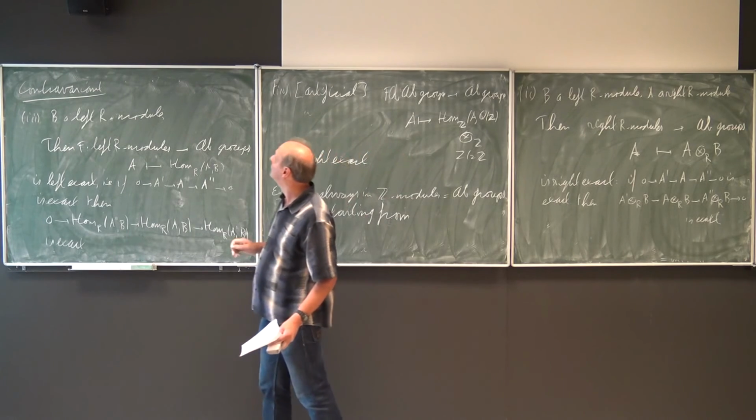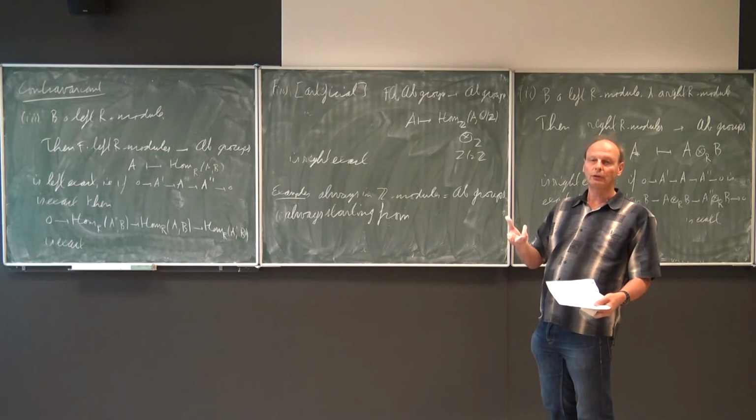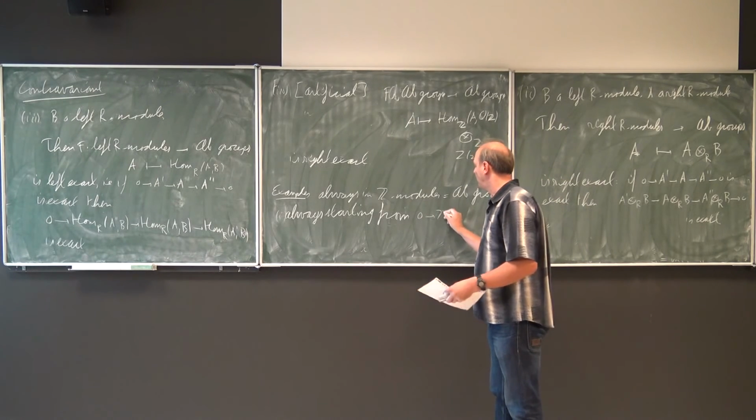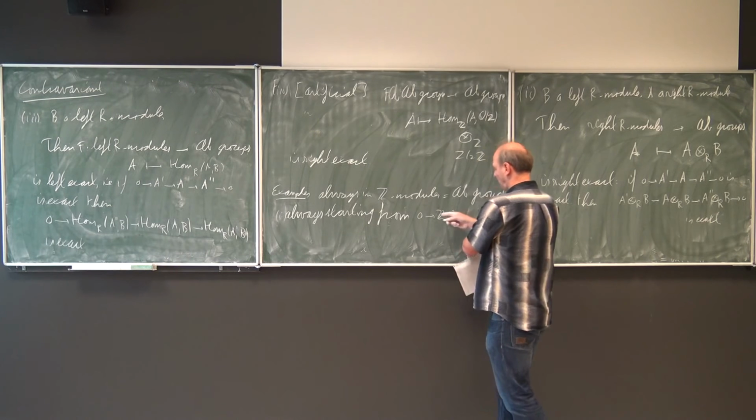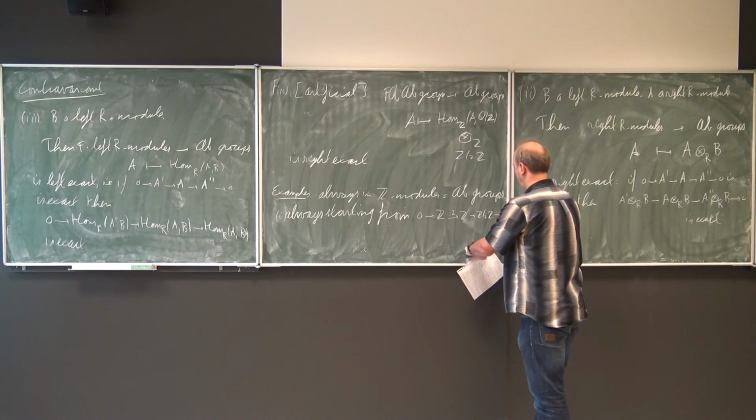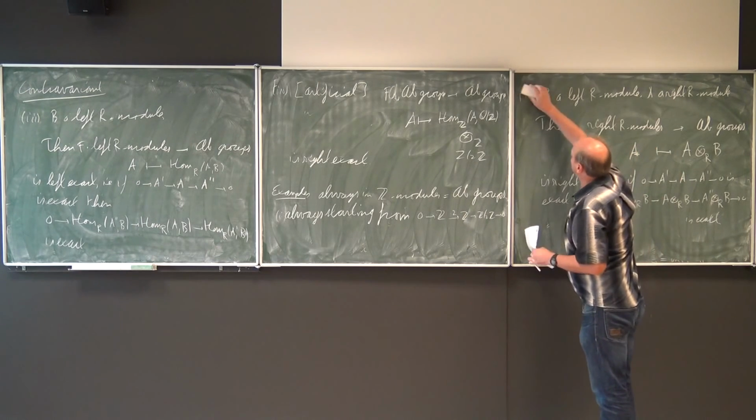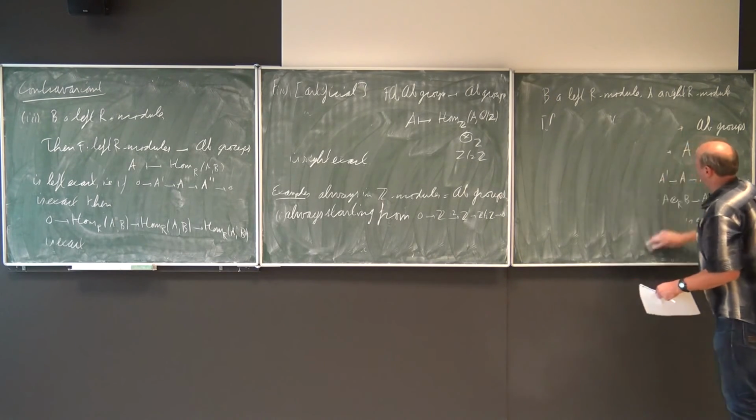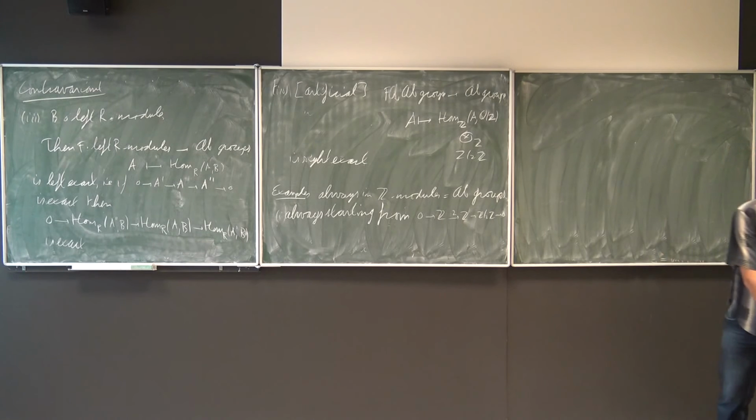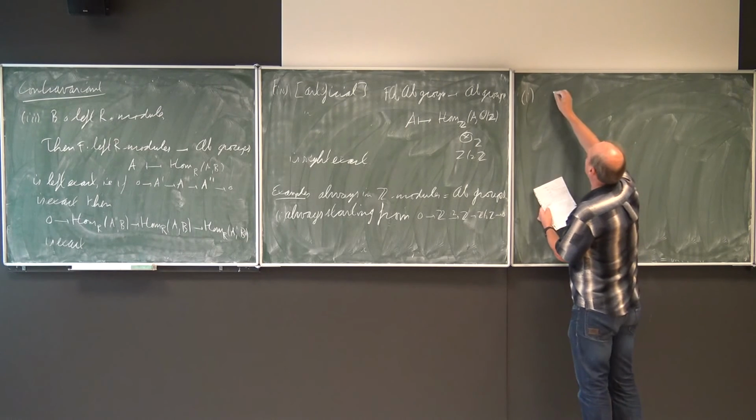okay, I erased it by now, but I defined left and right exact by starting with a test sequence. 0 goes to A prime, goes to A, goes to A double prime, goes to 0, and that will be this one. And that is the example I had before, the even integers Z multiplied by 2, including in Z, and then the quotient Z modulo 2Z. That's the test short exact sequence. And then